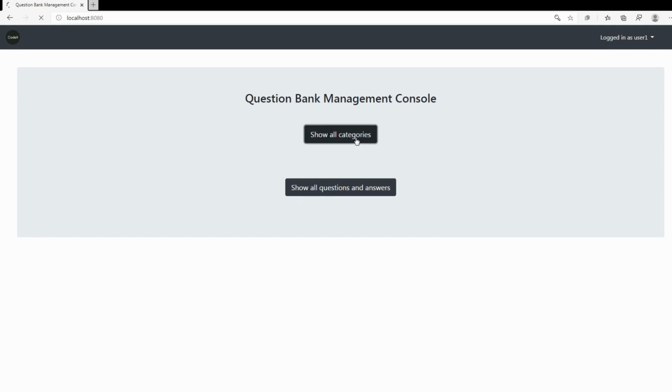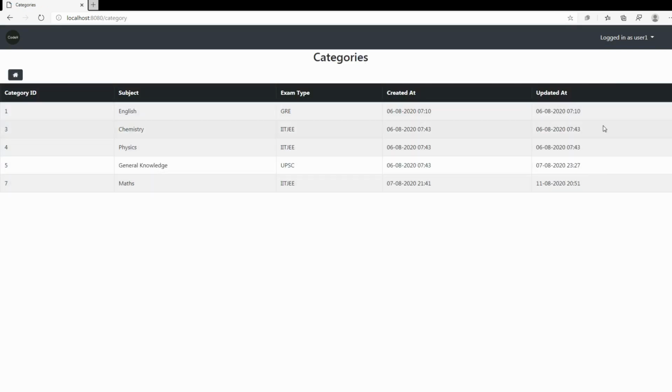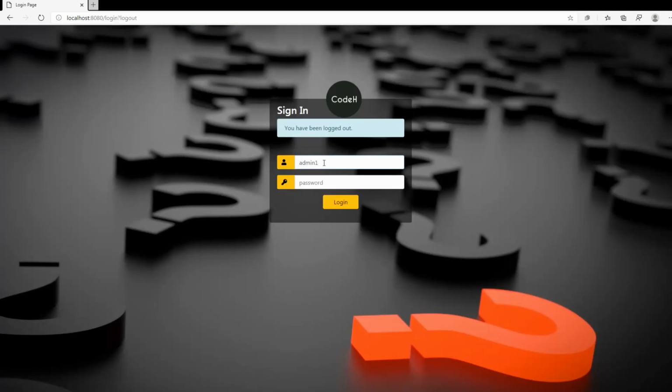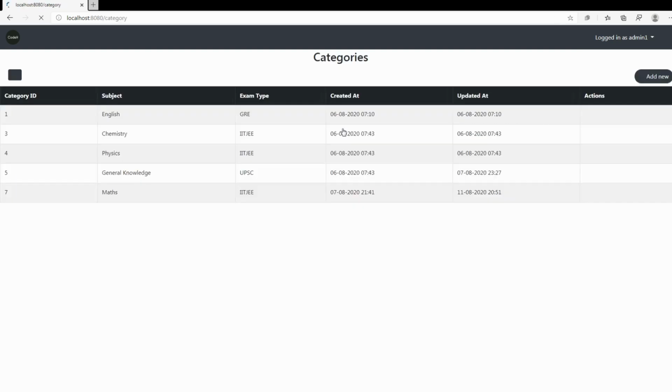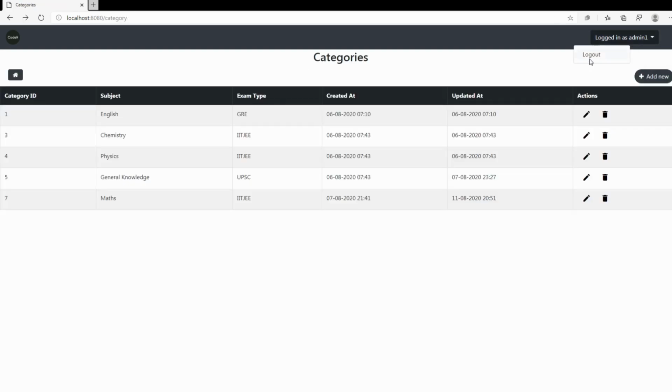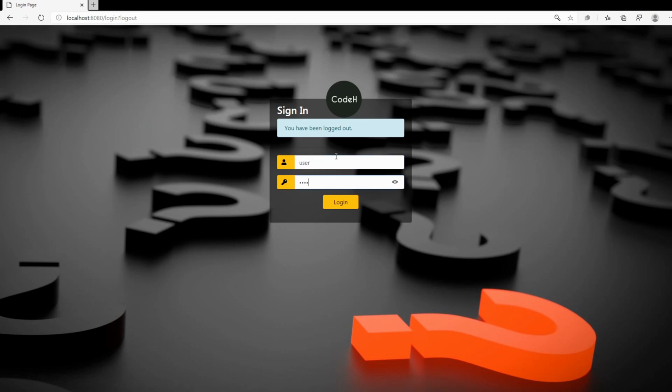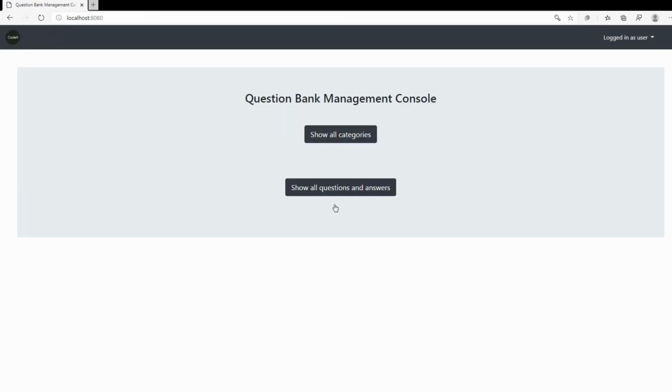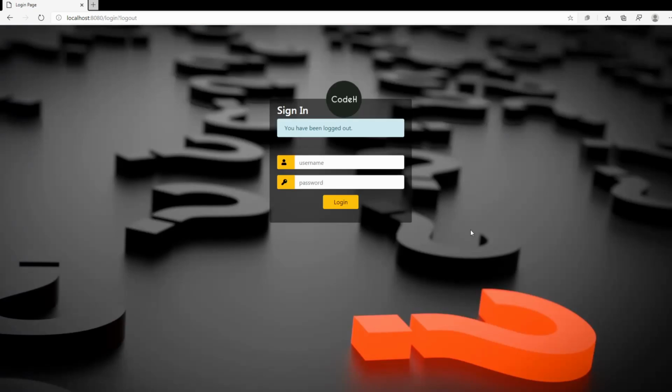We are able to log in and we can see that the edit and add new buttons are not visible since this user has the role user. Similarly, log in as user admin1, which we created with the role admin. We are able to log in successfully and the add new and edit buttons are visible as they should be for an admin user. We can also try to log in using the in-memory authentication user and it is also successful. So both the authentication providers are working simultaneously.